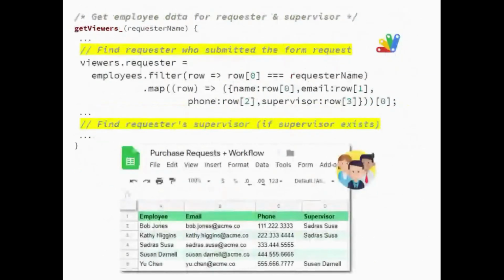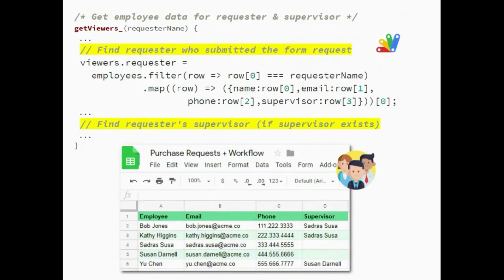The next thing AppScript does, or this workflow does, is go in and get information about our employees. We had stored easy access to the employee information earlier in our workflow object. And now we use that to get hold of the employee data using the name of the requesting employee. We iterate through those employees, doing a match on the name. So we find the employee who has